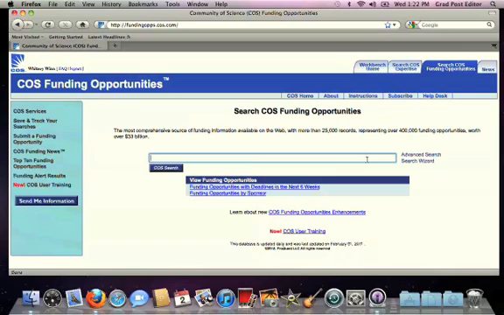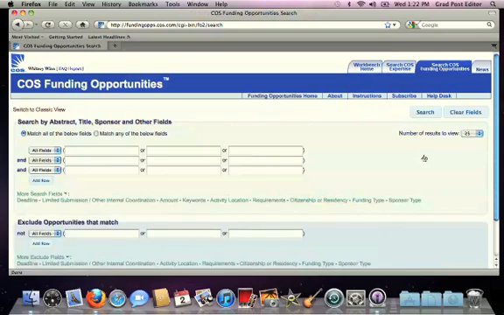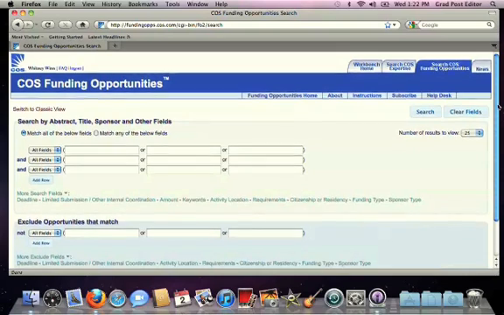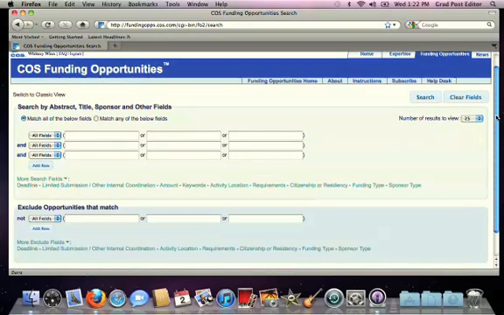It'll search all the fields that are in the records in the database, and it's actually not super useful, and I usually just ignore this basic search. So you'll see here, to the right of the search field, is the advanced search, the search wizard. Today I'm going to walk you through the advanced search. It's a good way just to jump right in there and get started finding the funding that really is targeted to you and your particular